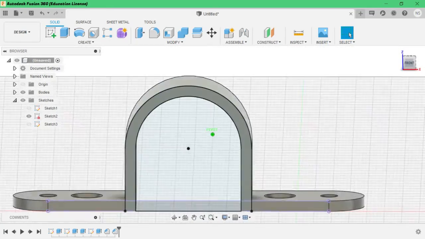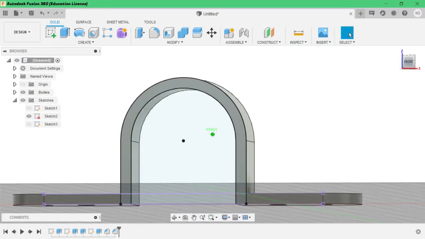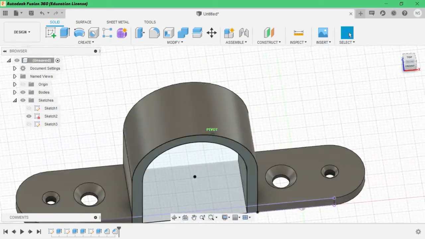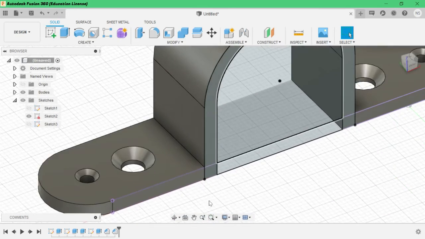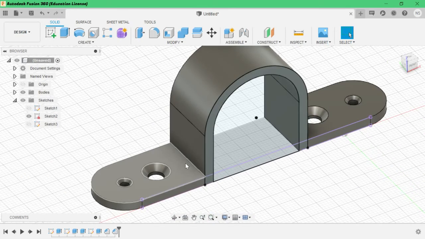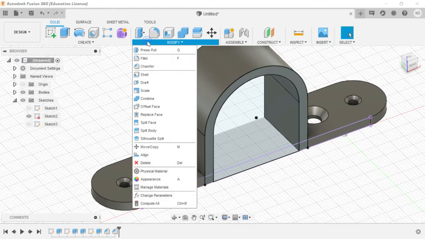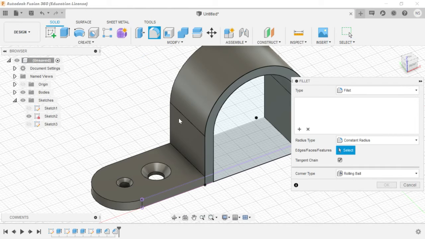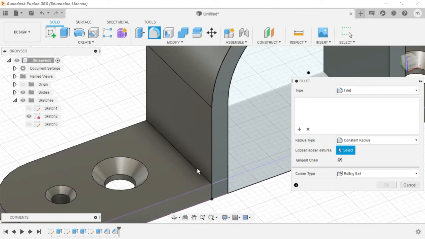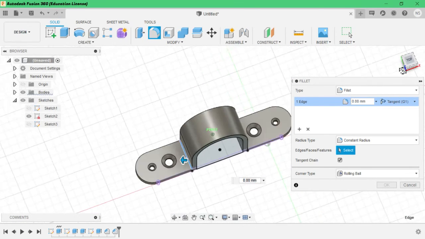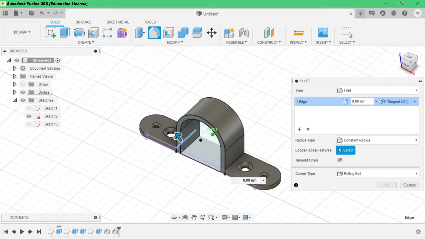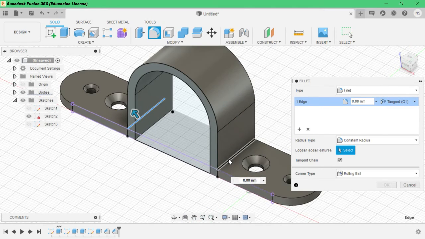So for some correction, we will give the fillet tool. We will use the fillet tool for these curvatures. To be a good physical structure, we have to give fillet. Press F for create fillet, and then click add tool. Select edge to go this side, and then select edge.